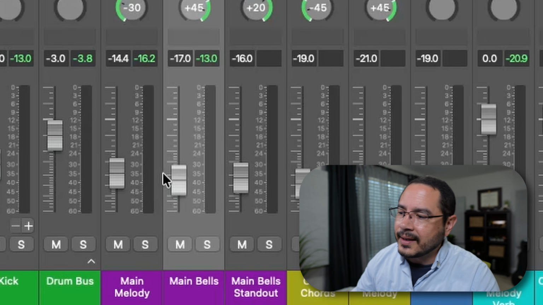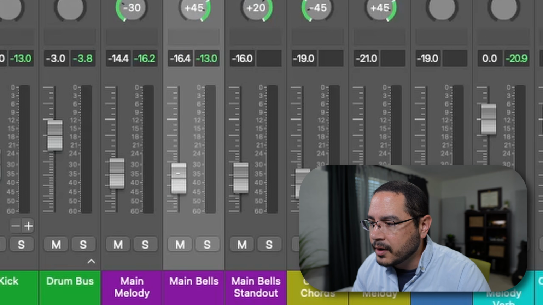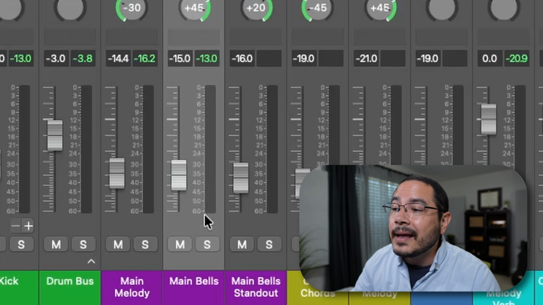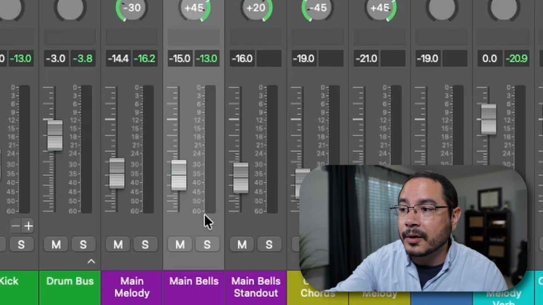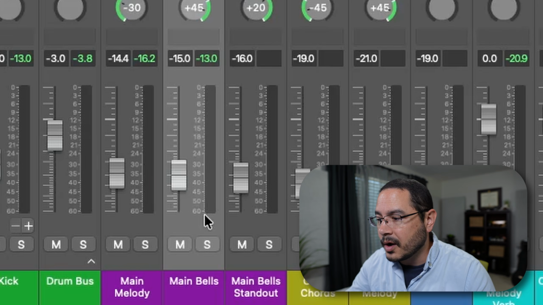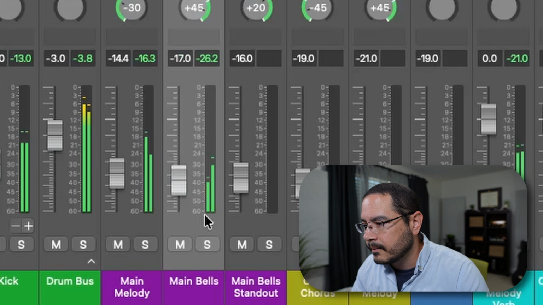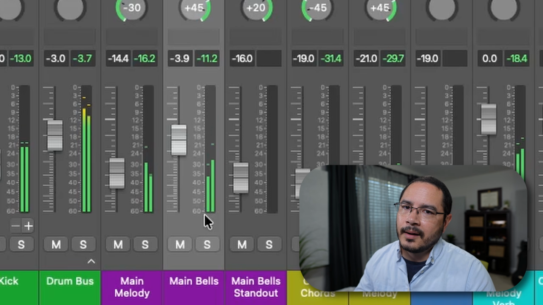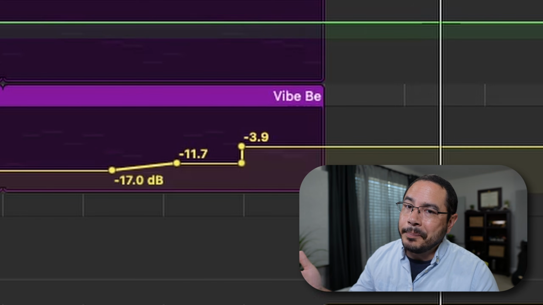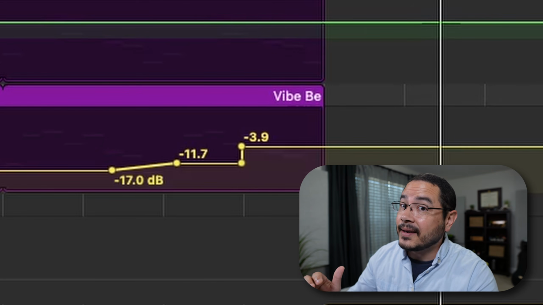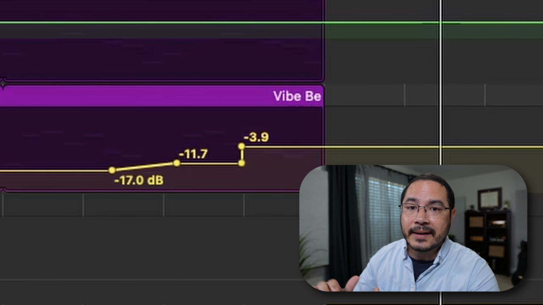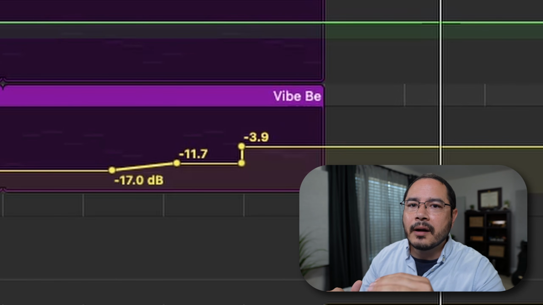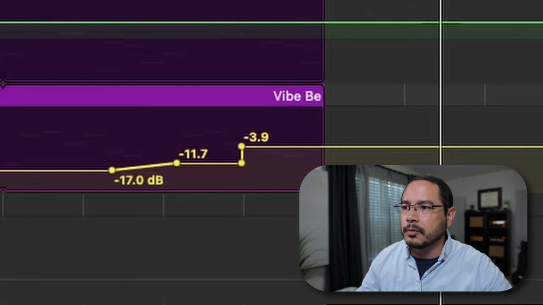We've got the whole track at negative 17 on the fader, but let's say we want it at negative 15. Watch what happens as soon as I hit play, and then watch what happens when it encounters these automation nodes. Watch the fader. It immediately snapped back. We had it at negative 15. It immediately popped back to negative 17, and then it followed the automation data and made that little jump.